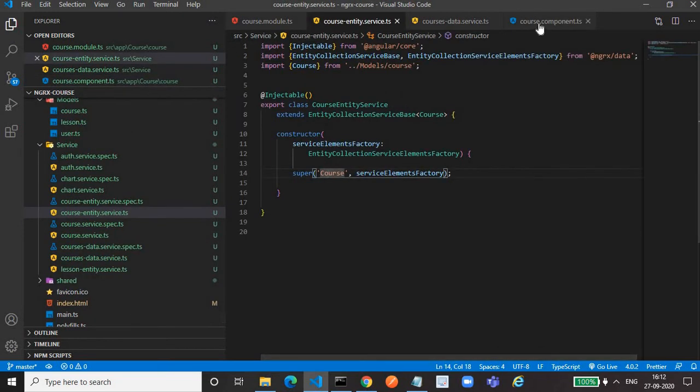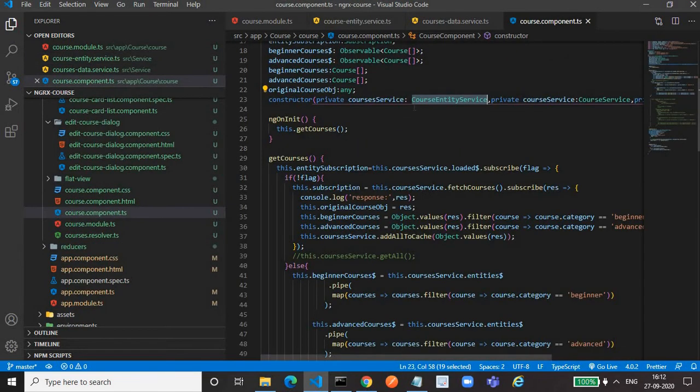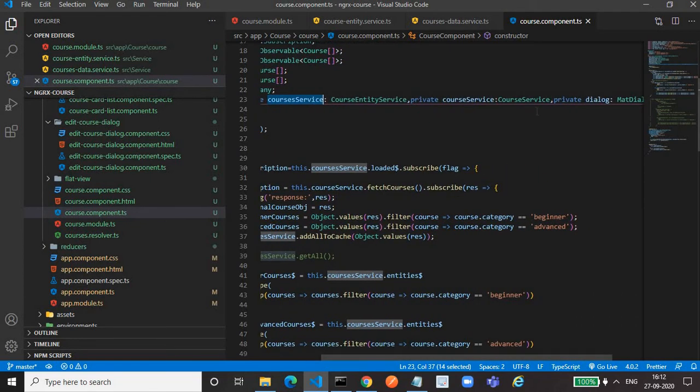Using this service only we can call the methods. The courses entity service has the name courses, plural. Just remember it is plural, courses service. And we have a normal HTTP service, which is a course service, and the instance is singular. Okay, course service. Don't be confused. It's plural, it's singular, just for differentiation.